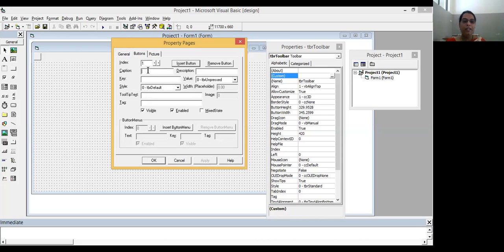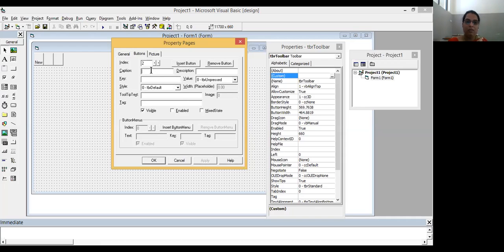Here you need to specify the caption for the first button. The first button is new, and if you want to insert another button, you have to click on insert button. So now I'll insert the button,